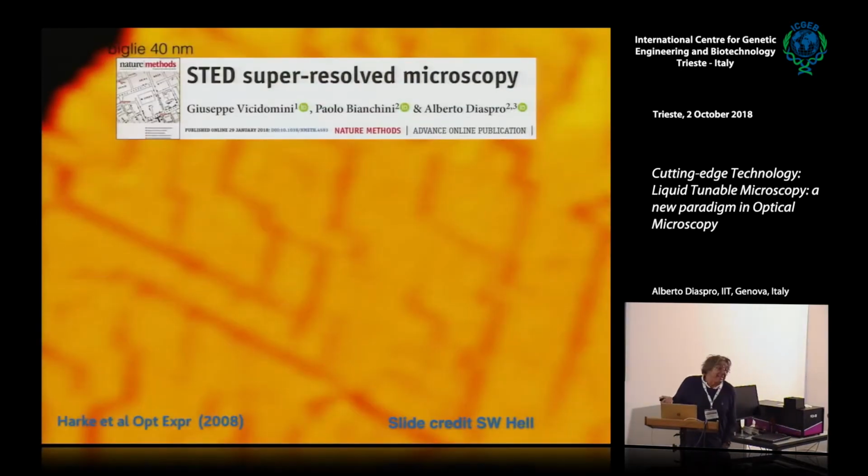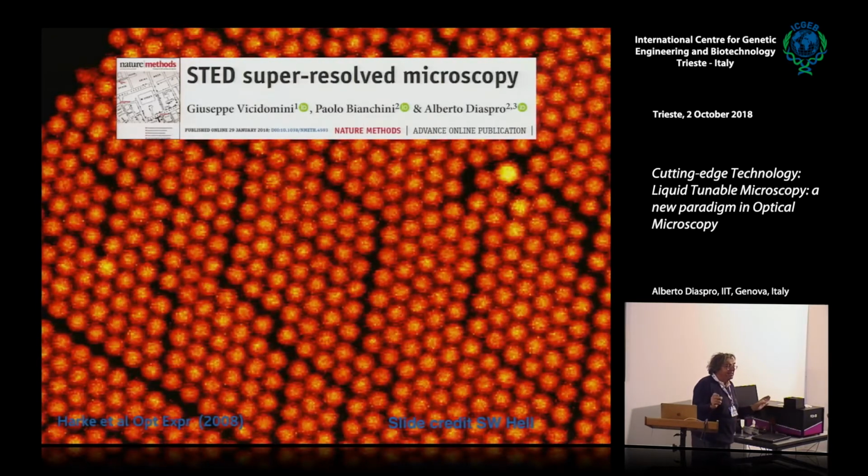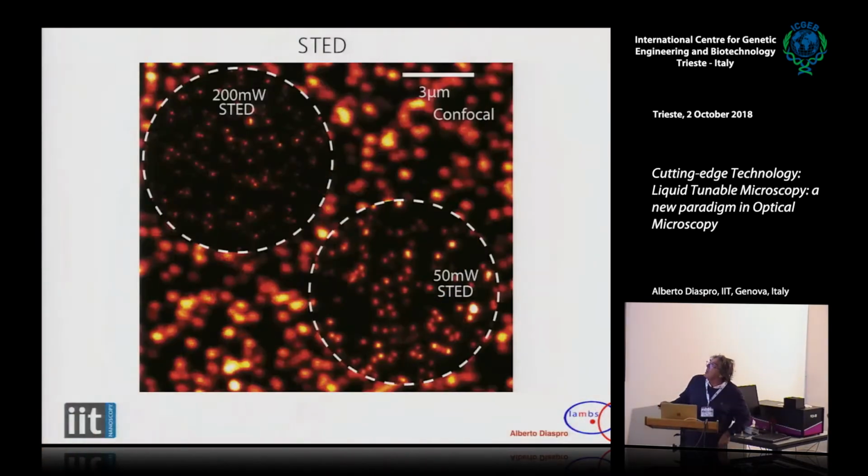Now, I like STED, I have to say, in this scenario, because it's very immediate. So this is what I get with the confocal. I switch on the second beam, so I play this game, and I get this immediately. I don't have to switch on, switch off, waiting time, collecting, measuring, reconstructing. I don't need any processing. I can perform some processing, improving, but I don't need. The drawback is that I am